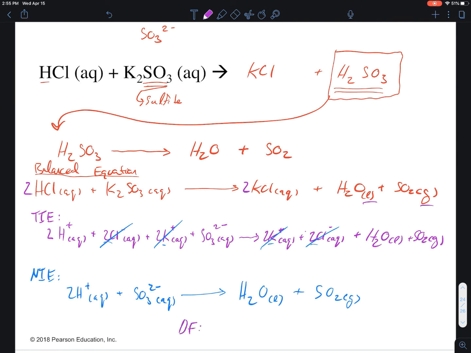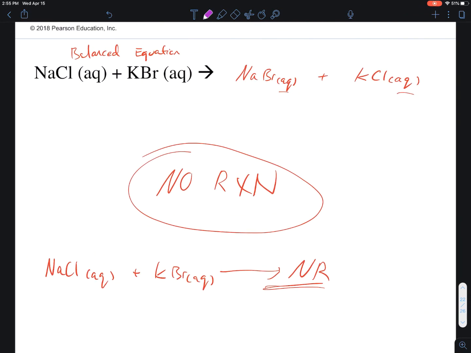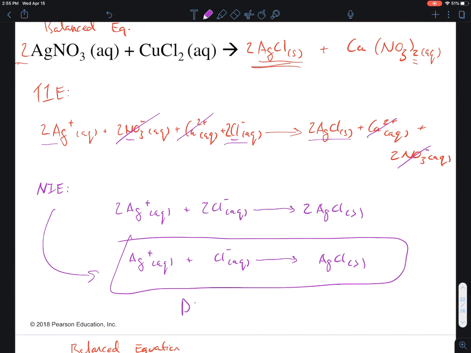The driving force, I'm just going to call it DF, for this reaction is water and gas formation. That is what propels this reaction forward. There is no driving force for this reaction, right? Because there is no reaction. The driving force for this reaction, your precipitation, is solid, which we also call precipitate formation. All right, and that is